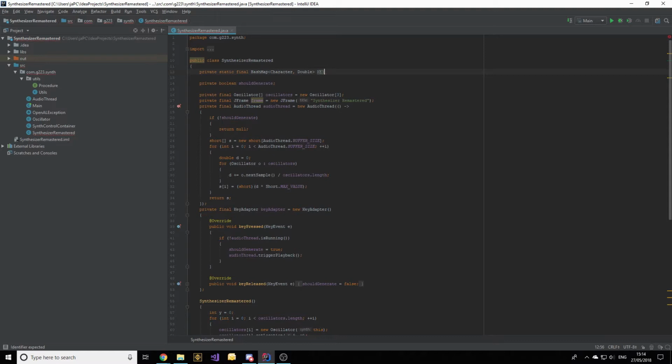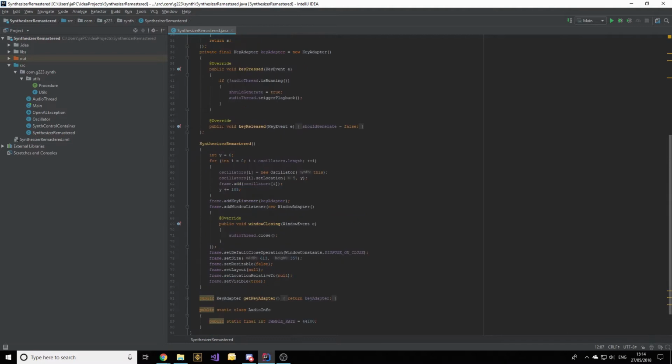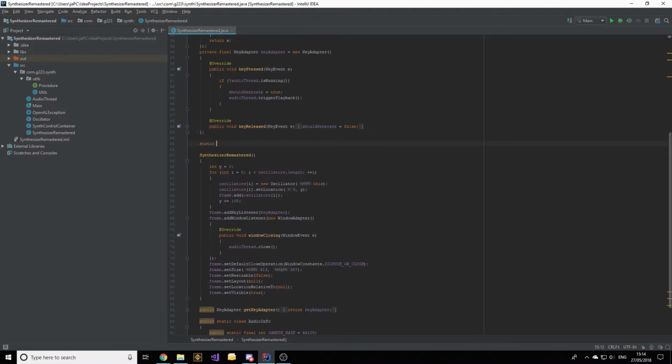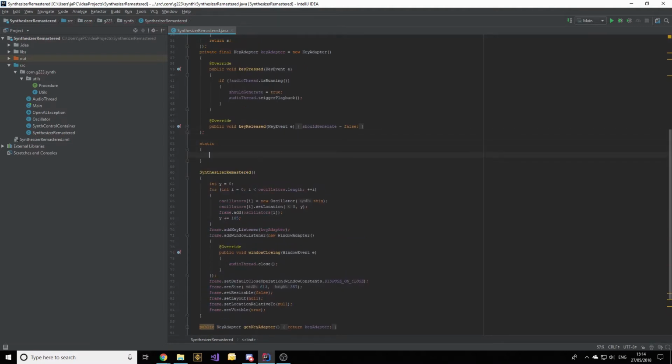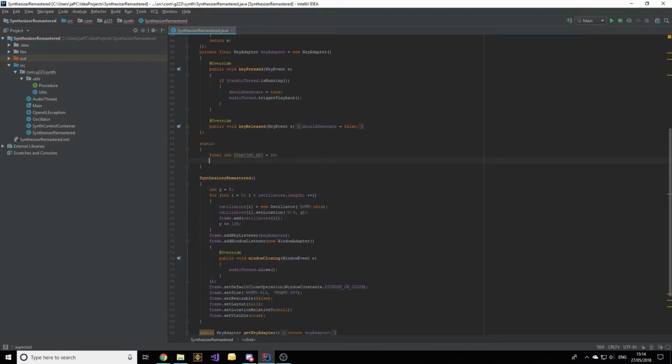We'll call this key frequencies, and we'll just initialize it to a new instance of hashmap. Now to fill these values, we're going to do this in a static constructor, just a static block. And we're going to want to define a few local constants. One will be the starting key. We'll set this to 16. And one will be the key frequency increment,